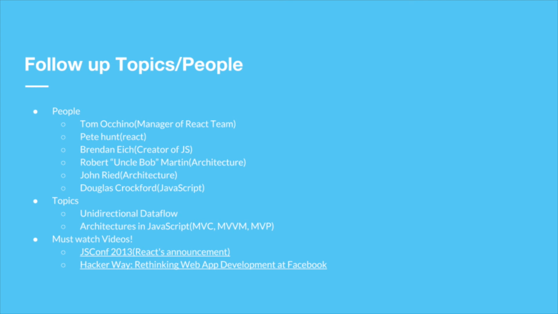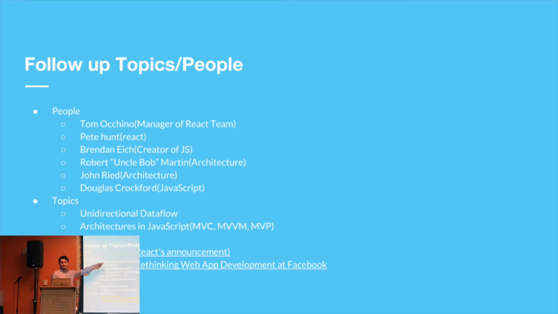So the last thing is topics and people, right? The people that I really find influential, the people that I like watching talks from when I go on YouTube and it has the recommended, if I see Tom Occhino's name, I'm stopping what I'm doing and watching this video. Really good presenter. He's the manager of the React team, right? Pete Hunt is also part of the React team. He has some really good presentations, especially during 2013 to 2015. Those presentations were really good because that's when the JavaScript world was really changing to how we know it today.